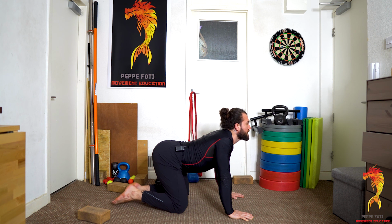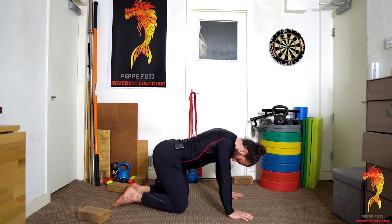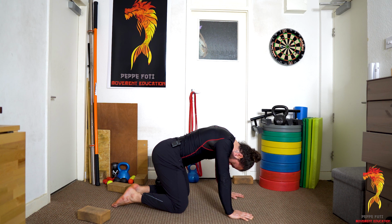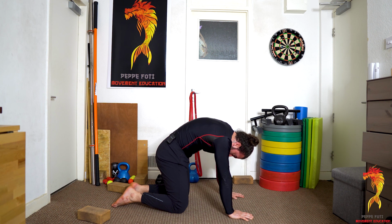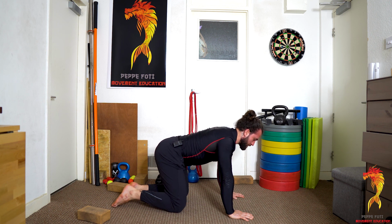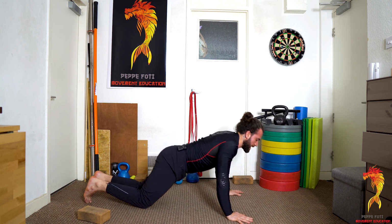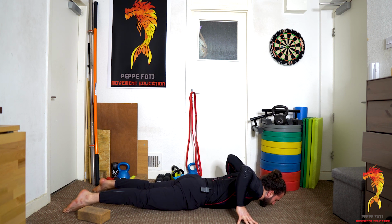Take a breath in as you breathe out from the head. So head, upper back, middle back, lower back, tuck your tailbone, and release. Perfect. You're gonna lower yourself all the way down on the ground, on your fingertips, and then engaging